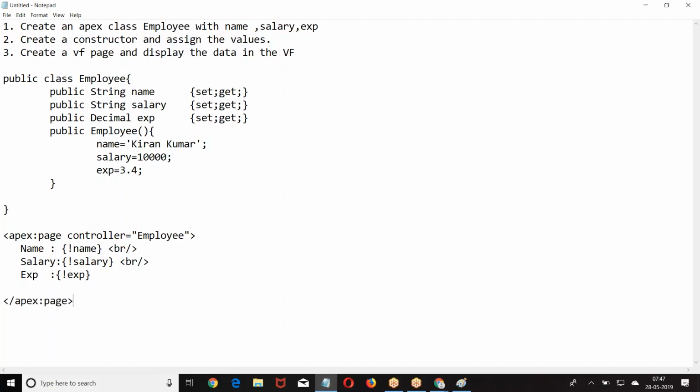Referring to an Apex class in the VF page, that Apex class should be defined as controller, and we can refer to the variable, where the variable should be public or global, and the variable should have setter and getter. What is the meaning of setter? From the VF page, if you are entering any data and you want to save it to a variable, setter. The data which is there in the Apex class, if you want to display it in the VF page, then we call it getter. Setter and getter. I hope you are good with this.